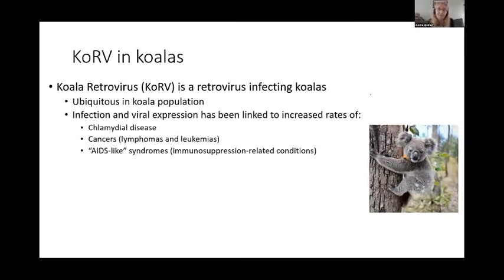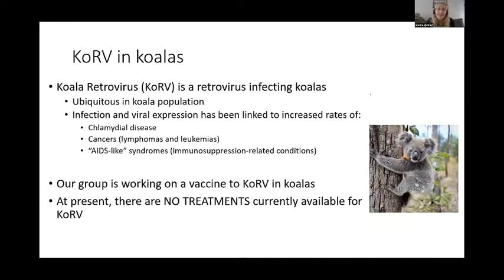for this virus. So it's becoming a major problem because we're finding that when koalas have this virus, we're seeing increased rates of chlamydial disease, which is their major infectious pathogen. We're finding more incidents of cancer when we have high levels of this virus. And we're starting to see more immunosuppressive conditions that some veterinarians have started calling AIDS-like syndromes when koalas are expressing